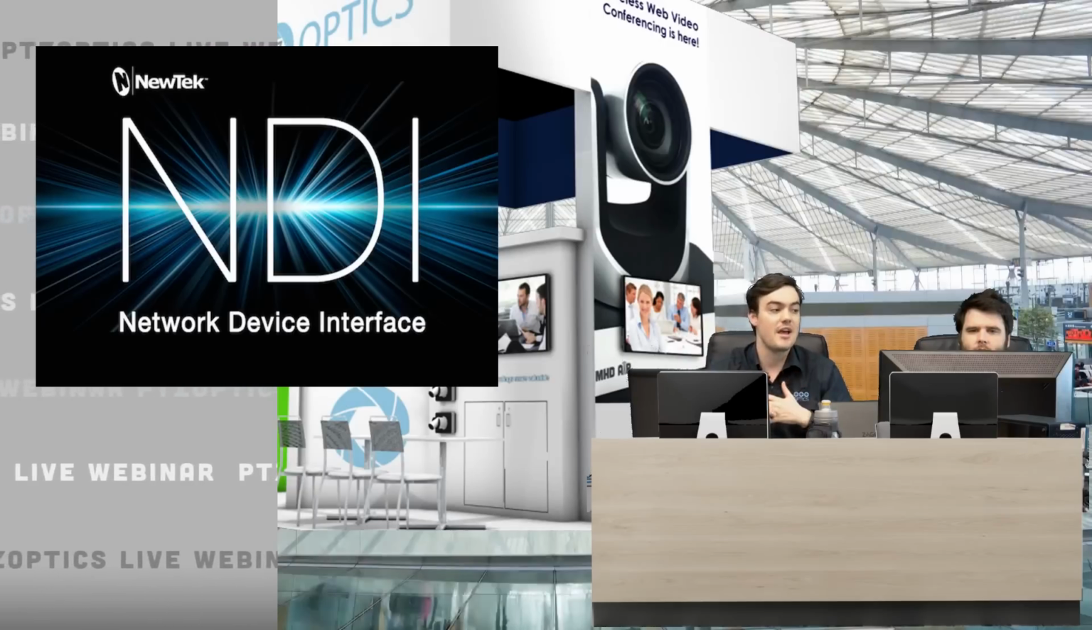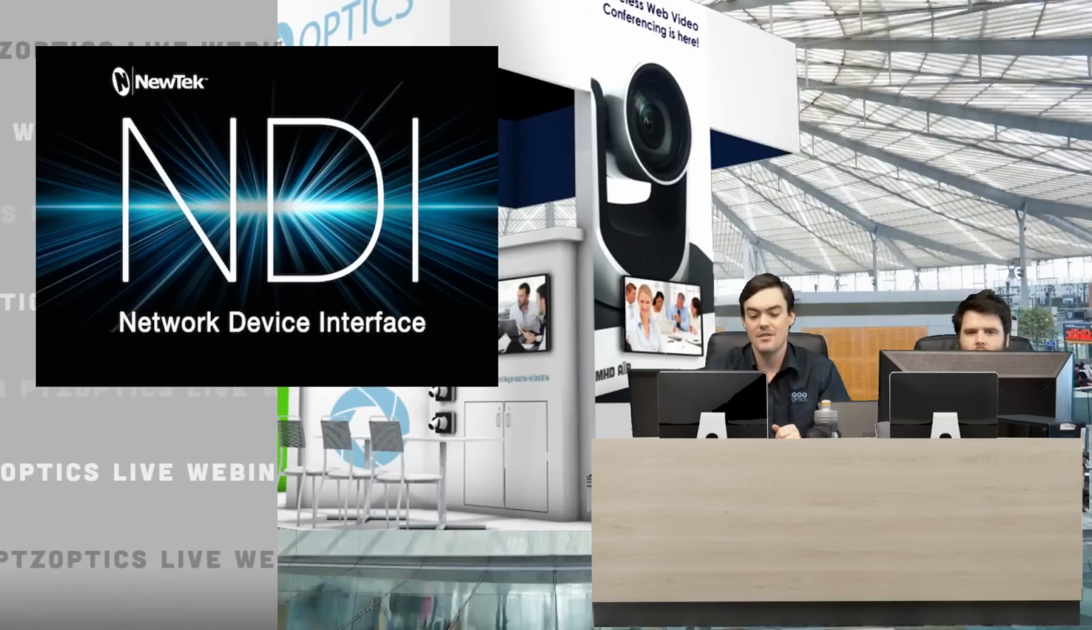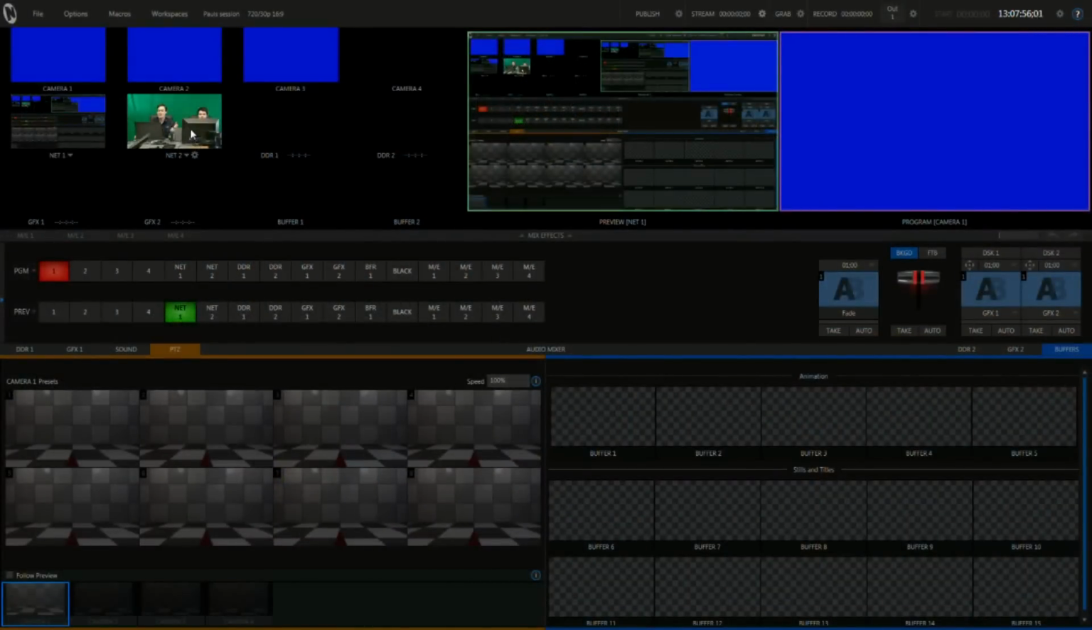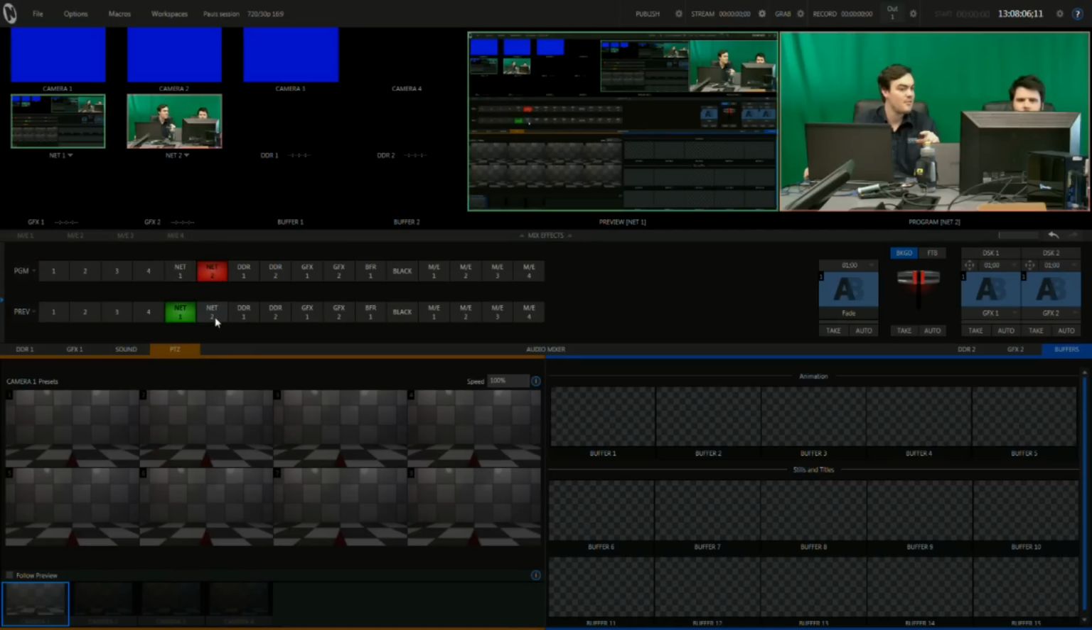So we've got a TriCaster Mini here that Andy's playing around with. Really quickly, I'll show you the video feed from that. This is the TriCaster Mini here. You can see here Andy's actually pulling in an NDI feed from one of our cameras in that Net2 space there. So Andy, if you want to just take that to the program output, there we go. So you can see, it's coming directly off of our